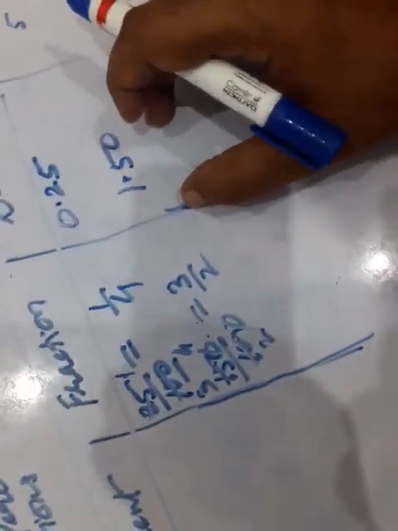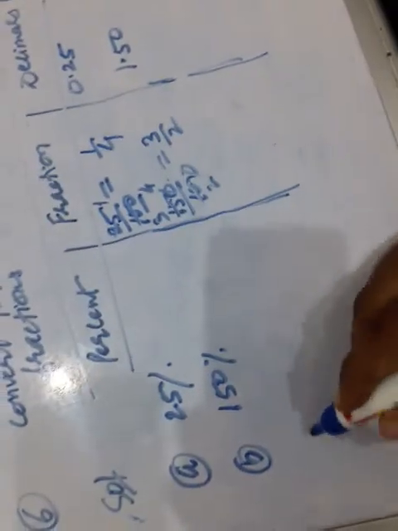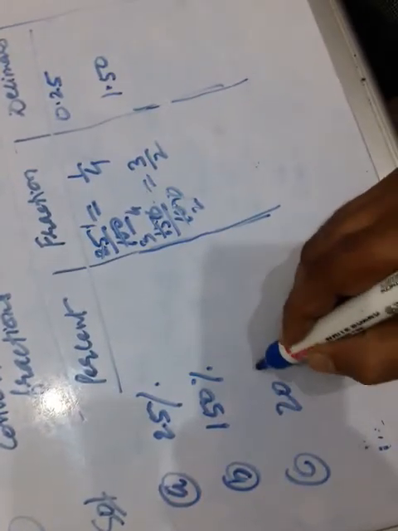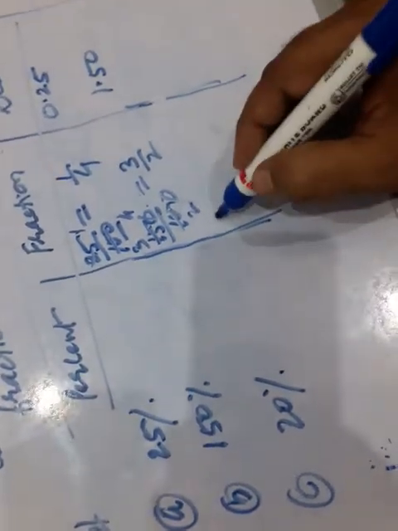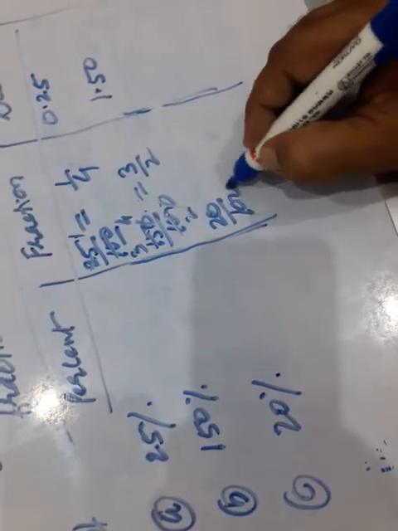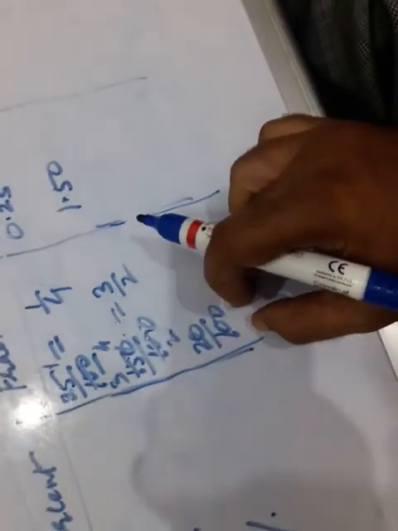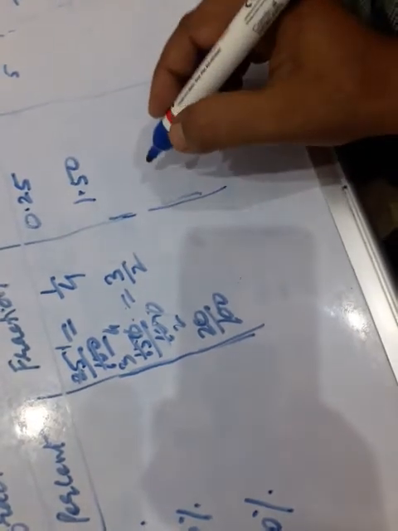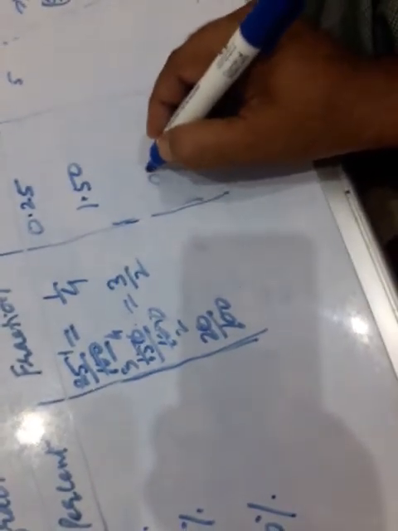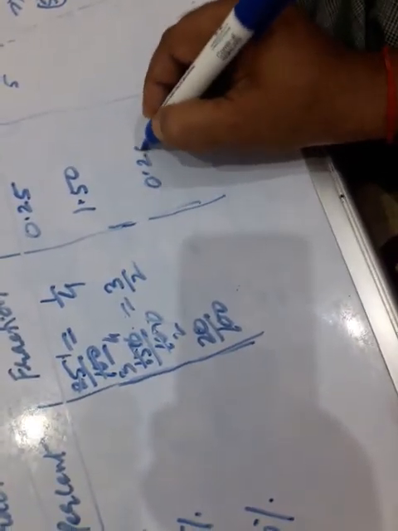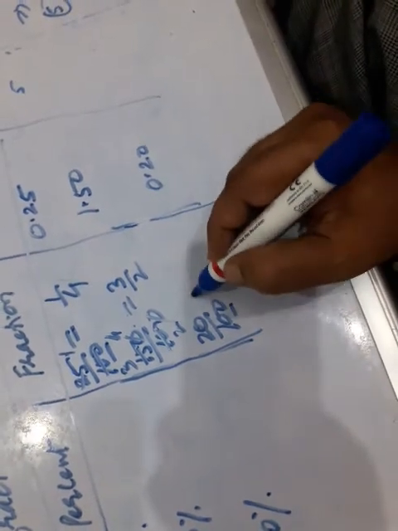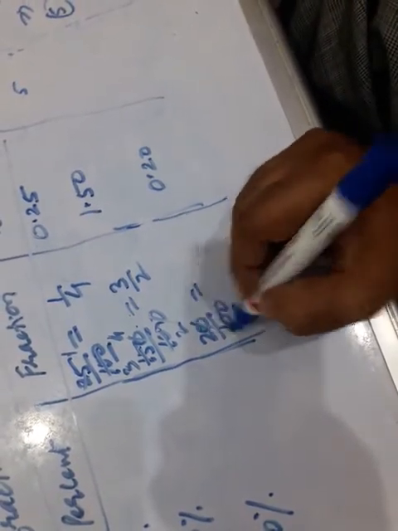What is the third part, that is the C part? It is 20%. C part is 20%. Clear? 20% means 20 upon 100. Clear? Number of zeros in the denominator is 2, so the decimal point will be set, that is 0.20, two places, and now you convert it into the fraction in the lowest form.